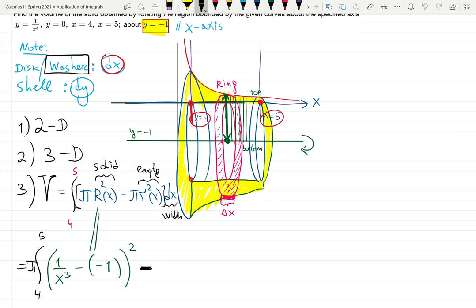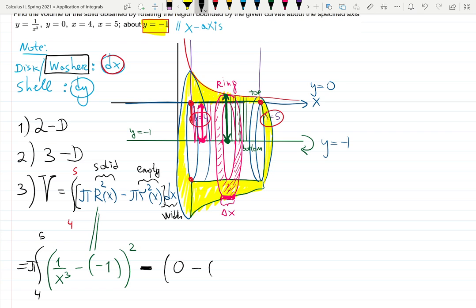Minus. Now I need to only find the radius of the empty piece. The radius of the empty piece is, find the axis of rotation. Here it is. Shoot the radius and hit the end of the empty part. This is the radius of the empty piece. So we're again looking for the area between those two curves. Those two curves are, well, no, it's actually x-axis, right? So it's y equals 0 and y equals minus 1. So it's going to be